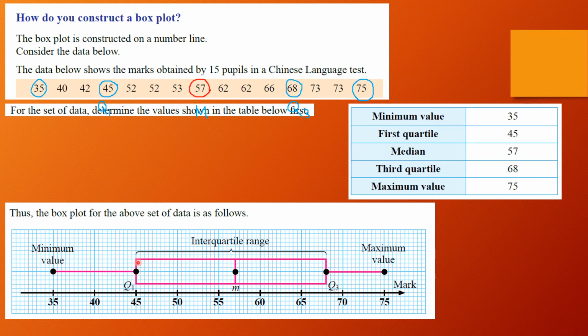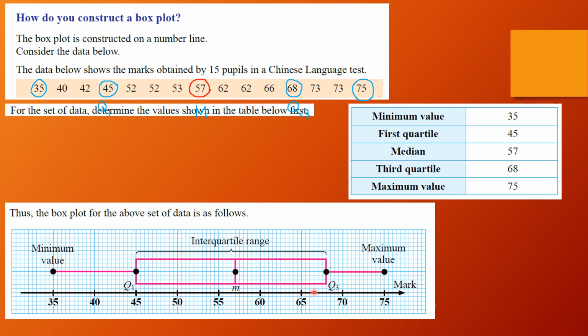First quartile, you start to draw the box. You draw the box until the third quartile, from first quartile 45 until 68. You must know how to read. This is 68. That means from 65 to 70, you have 10 small boxes. So that means 2 small boxes